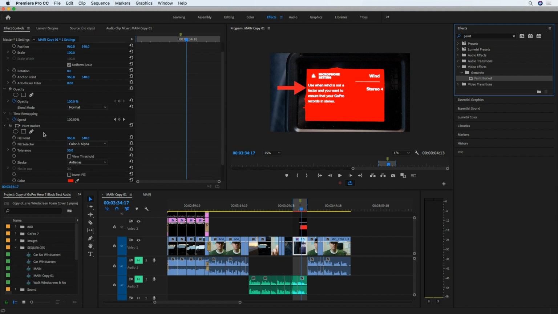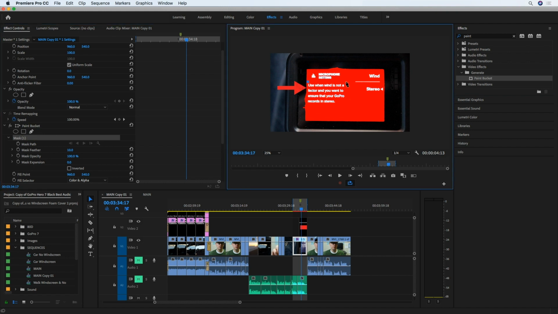So what we need to do first inside this effect is grab the pen tool to draw a mask around the text that we want to be highlighted. You can just drag those points to the right positions. Alright, so there I've got the text highlighted that I want highlighted,